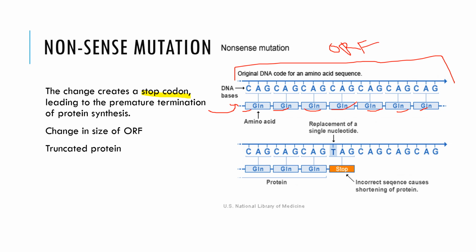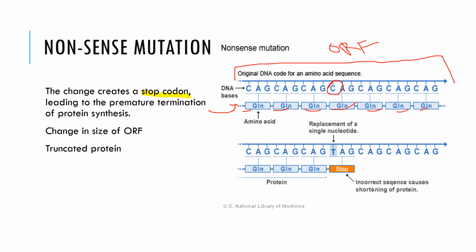So what do we mean by open reading frame? Open reading frame is the frame which is visible to you, that starts from the start codon and ends before the stop codon. Like you can say that the open reading frame of the protein starts from the methionine and ends just before the stop codon. Now you can see here, in case of the base substitution, only one base is replaced or changed.